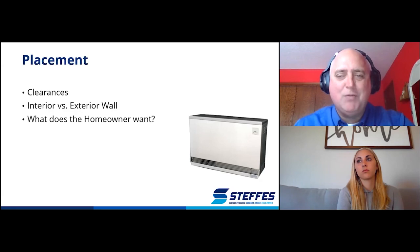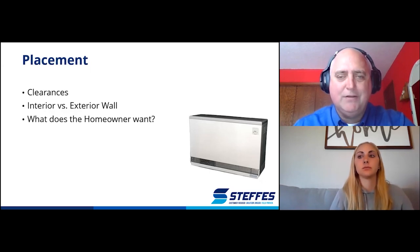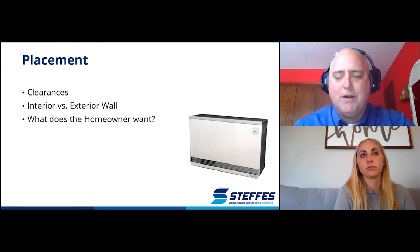But if the homeowner doesn't want it there, let's not put it there. And certainly we'd hate to lose a sale if it was something with the aesthetics of where we wanted to place the heater. So again, I would typically say you want to put it where the homeowner wants it. Other things to be careful of in terms of placement